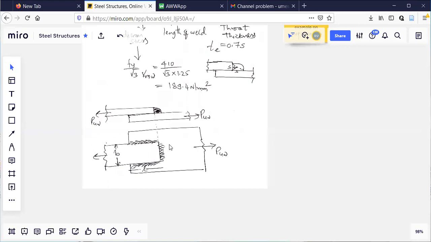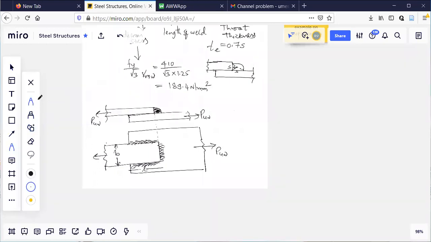We can see there can be two plates connected one above the other. This is the plan, this is the elevation. Elevation shows the thickness of the plates, plan shows the width of the plates. Now, how is the weld applied? Weld can be applied all around the plate B with the second smaller plate, or it can be connected only at one line here, or there will not be any weld here.